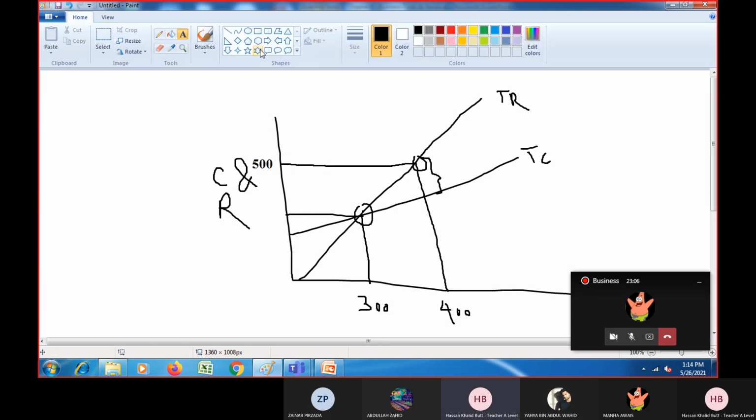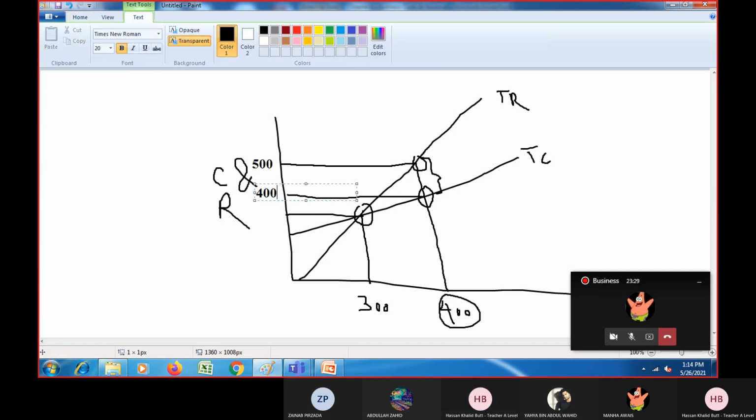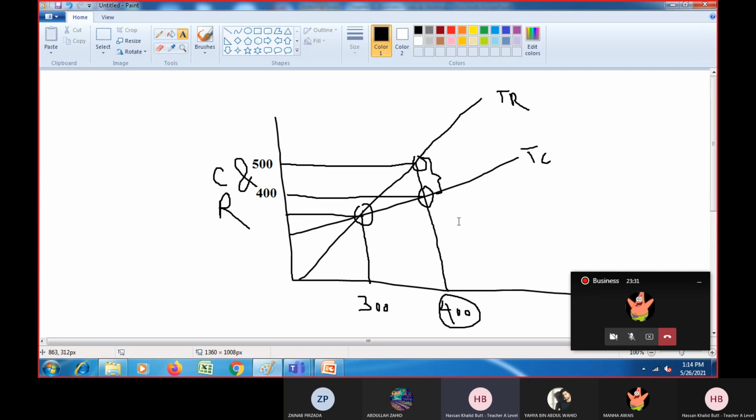Okay. Then you will take the point on the same level, that is total cost, because we are finding out what amount of profit the business can earn at 400, right? So now we'll take the point on total cost. We'll actually extend it towards the y-axis. Again, let's say this is 400, right? So now it's quite easy that the gap which is right there, this is equal to how much? This is 400, this gap.